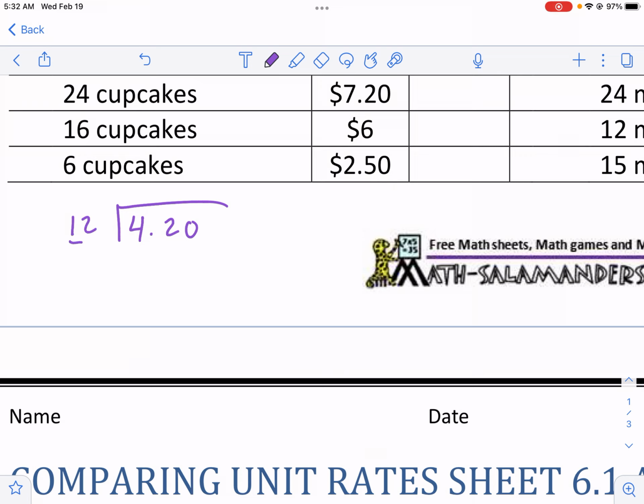We want to see how many times 12 goes into 4. It doesn't, so then we're going to do 12 into 42, and it goes in 3 times, and that number is 36. We have 6 as a remainder after we're done subtracting, and then we're going to drop down the 0. We say 12 goes into 60, and that is 5 times. One thing I forgot to do is I forgot to place the decimal right there because the decimal's right below it. So it's going to be 35 cents